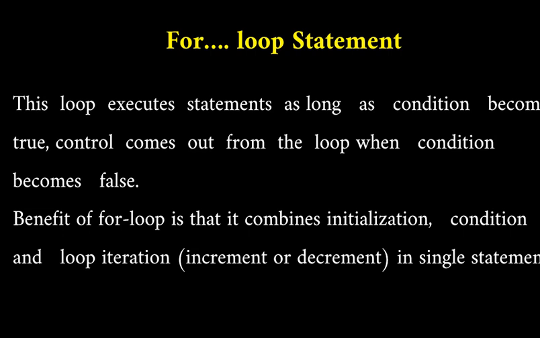As I told you, initialization means assigning a value to the variables, which executes only once, and then the condition is checked. Then the loop will execute the statements in the statement block till the condition is true, and when the condition becomes false, control is transferred out of the loop and it will execute the remaining program. And then the iterations. Iterations means what? Iterations means incrementing or decrementing the value of a running variable.